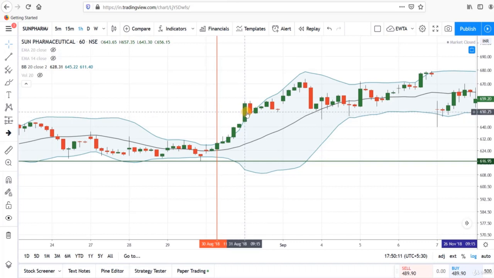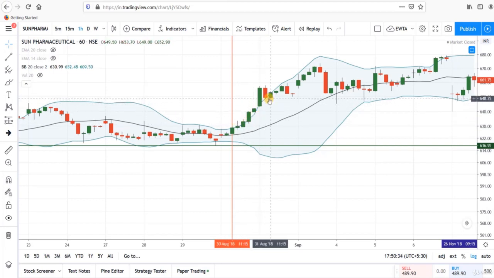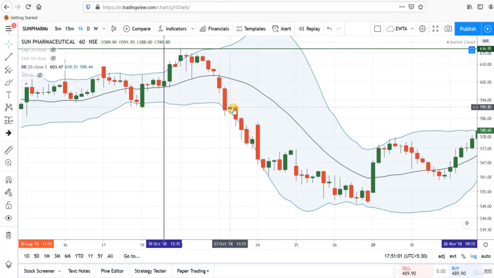But it doesn't mean that we will get a reversal in the prices. After a pullback, prices are going in an upward direction and it is also a signal of continuation of the trend. So with the help of other indicators, we can get our entry and exit signals, but Bollinger Band tells us about the continuation of trend here. As long as prices are trading near the upper band, this is a signal of continuation of uptrend, and